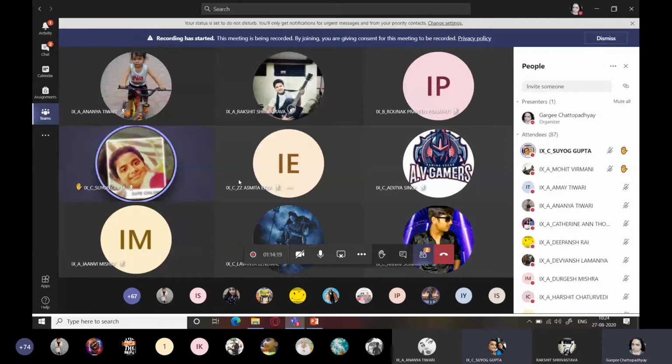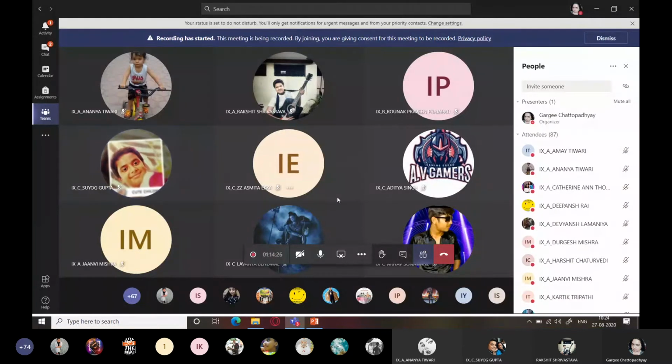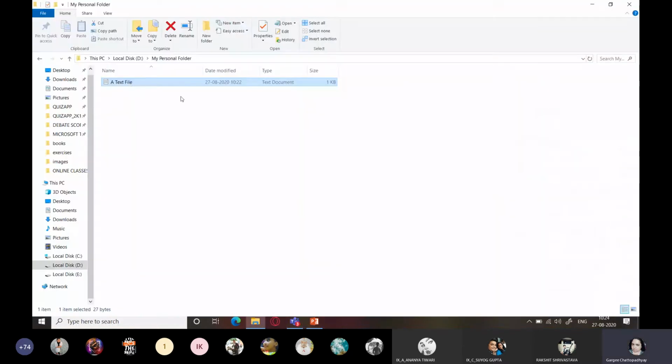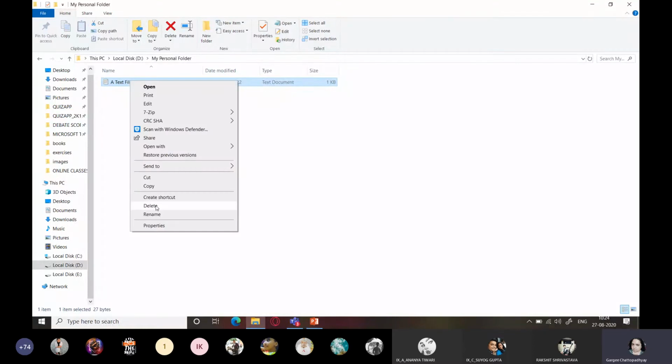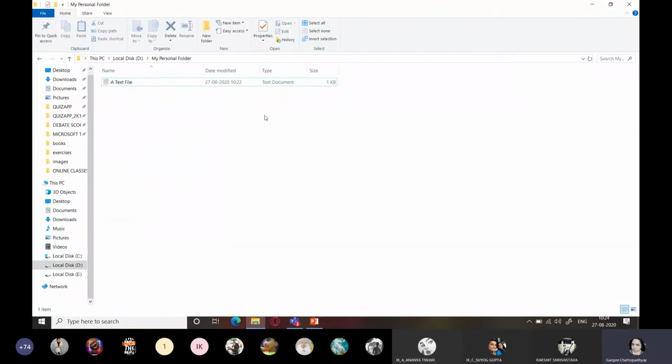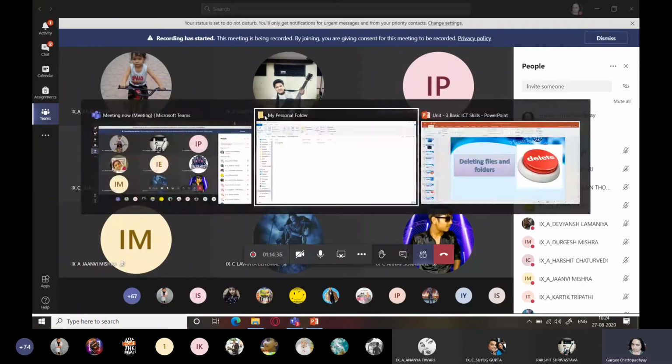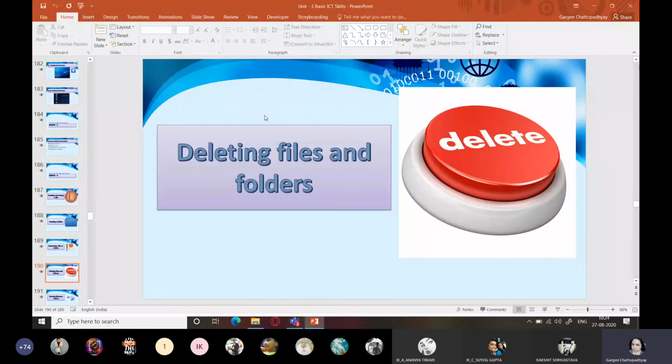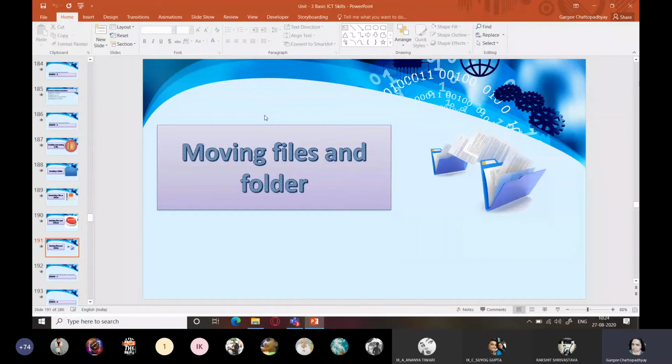Yes, you can press the delete button on your keyboard. Yes, Mohit Virmani. See, just select the file or folder, right click delete, or press the delete button on your keyboard. That's very easy. So these are very common and very easy desktop operations.